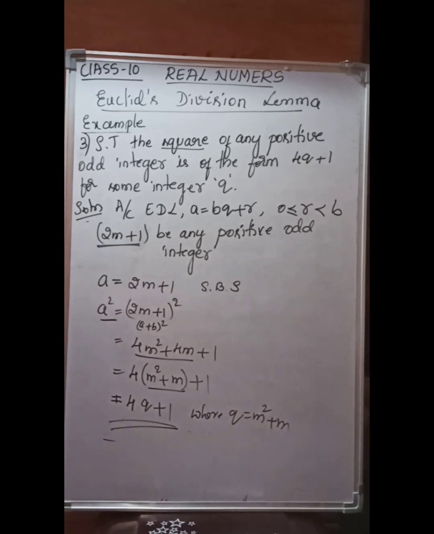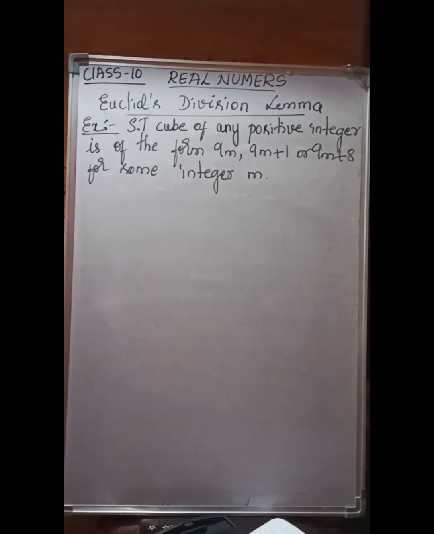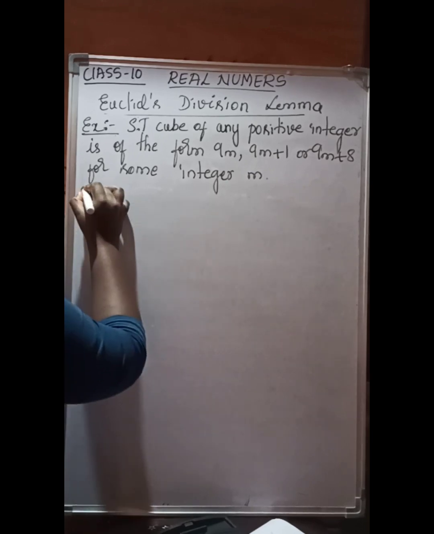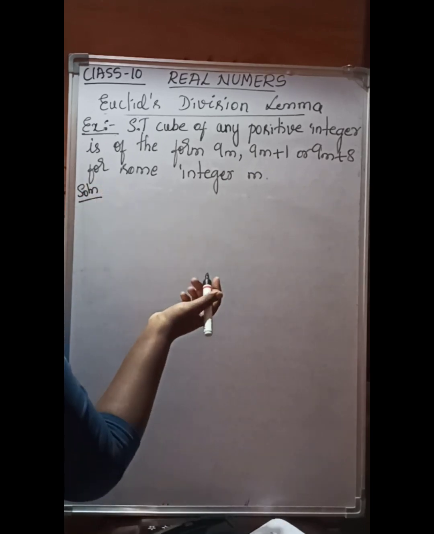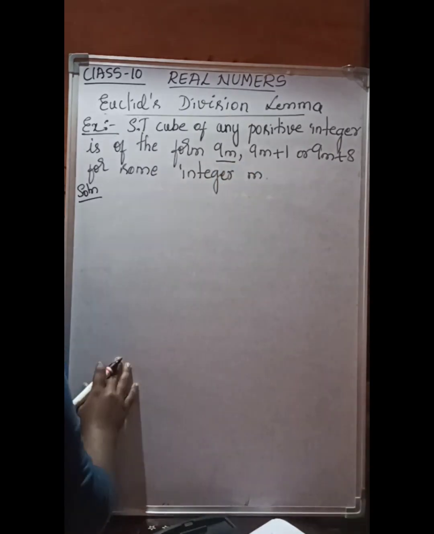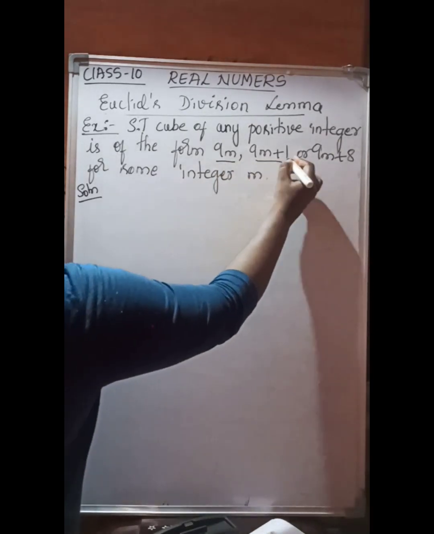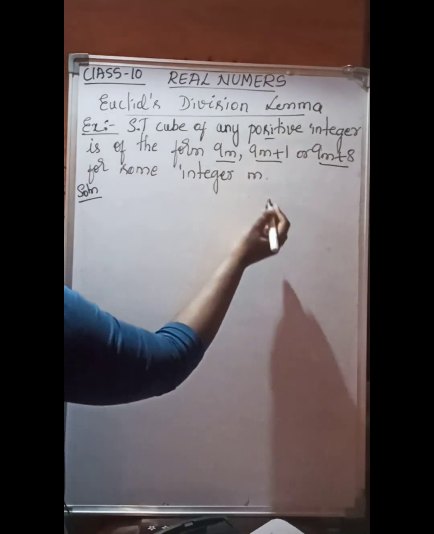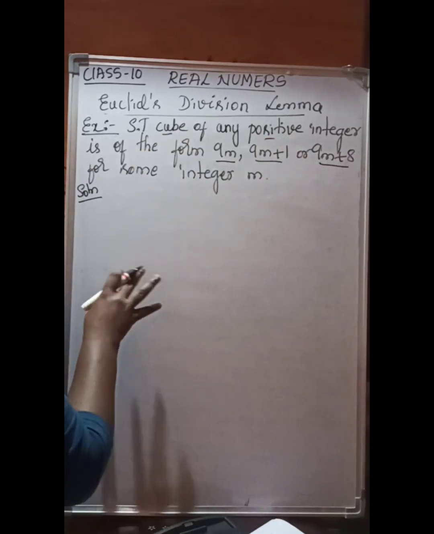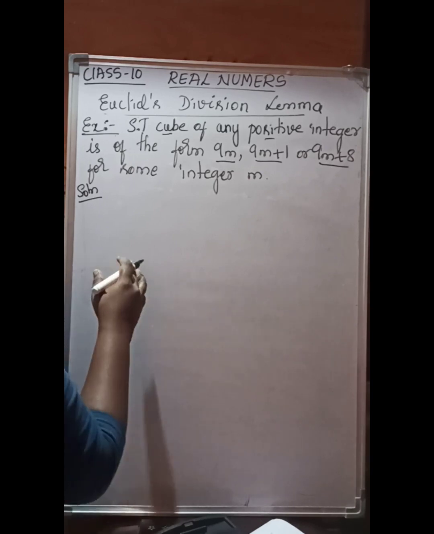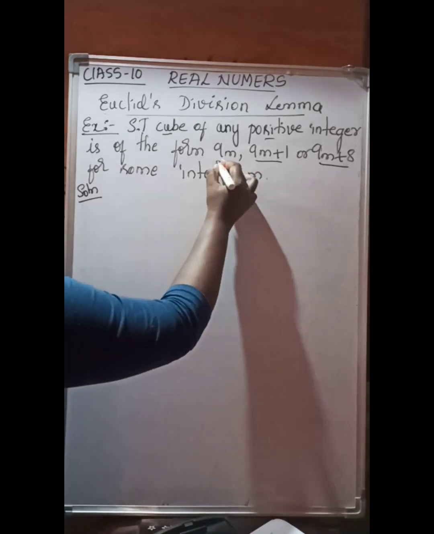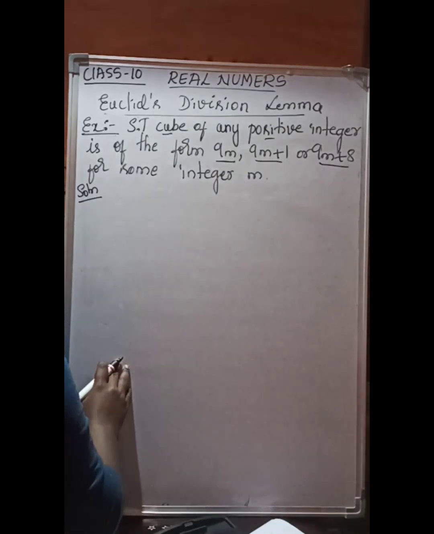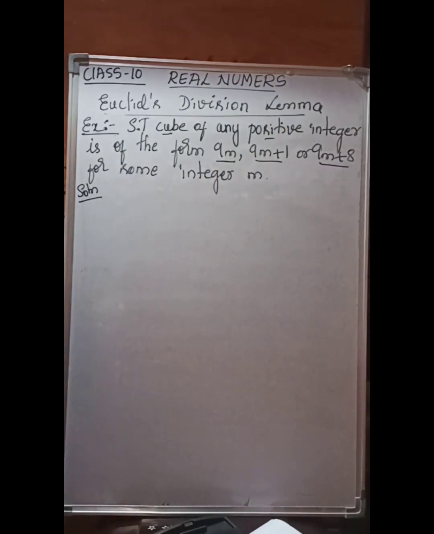Now come to next example. Here we have to assume any positive integer, then we have to prove it exists in the form 9m, 9m plus 1 and 9m plus 8. So I hope you are understanding the problem. We have to take any positive integer, then we have to cube it. Okay, after cubing it, we have to show that the cube exists in the form 9m, 9m plus 1, then 9m plus 8. For that, consider